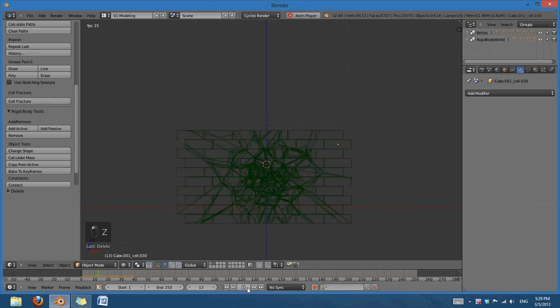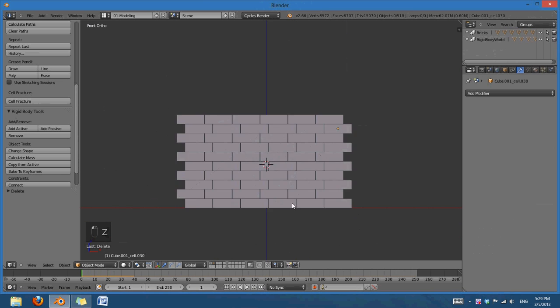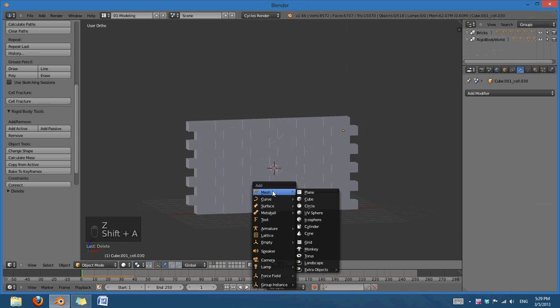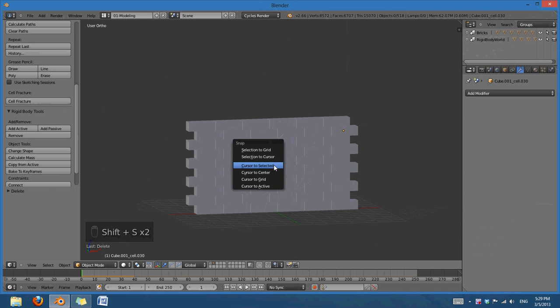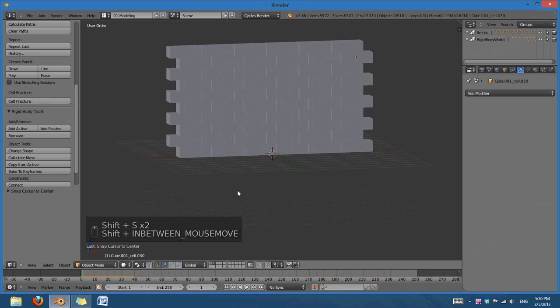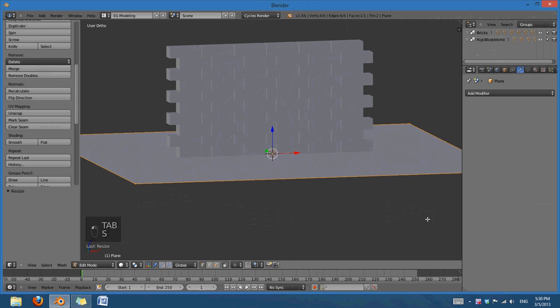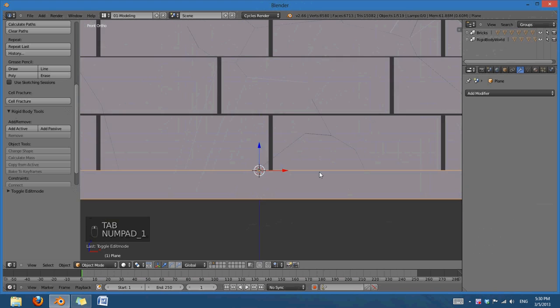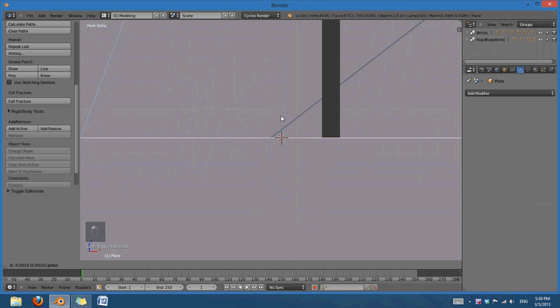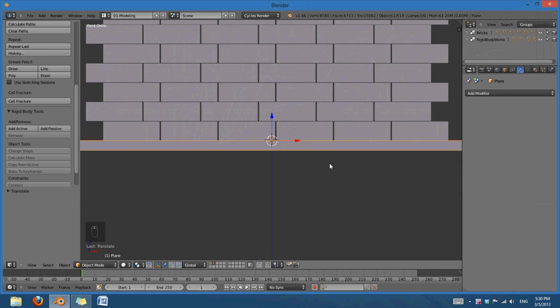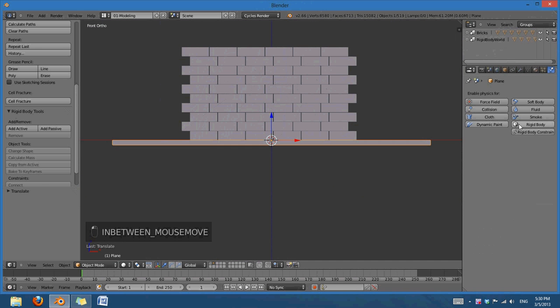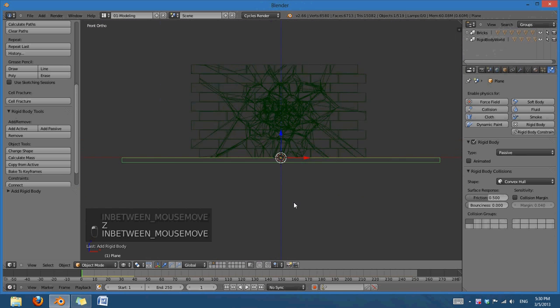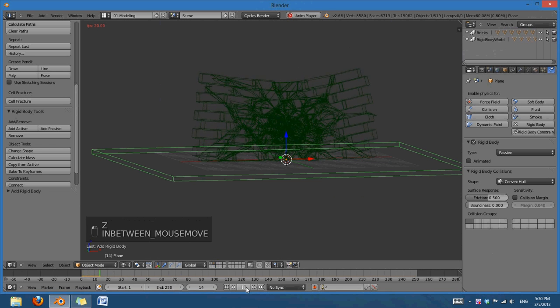Okay, so with that all set, now I can add a ground plane. I'll go ahead and Shift S cursor to center first, center that on the ground, add a plane, go into edit mode, scale it up, extrude it down, and make sure it's not intersecting the wall, which it looks like it kind of is right now, so I can just move that down just a little bit there, and we should be good to go. Make that a passive rigid body like before, play it back just for kicks, and see